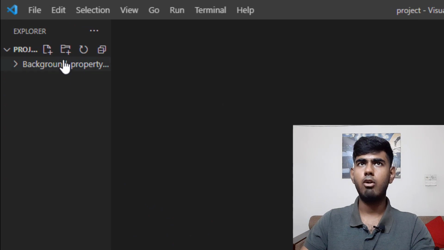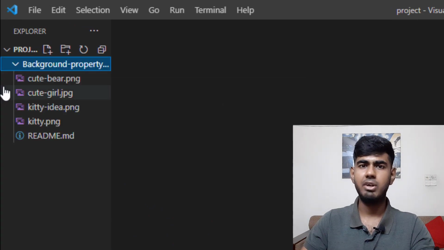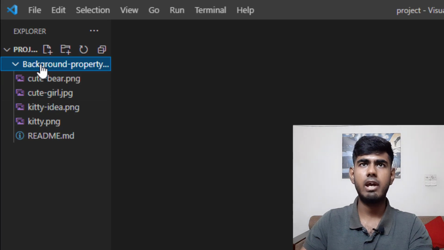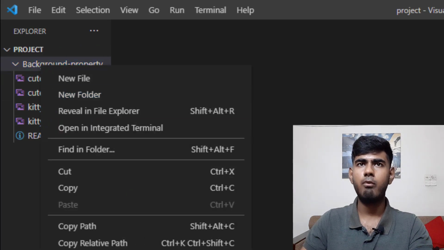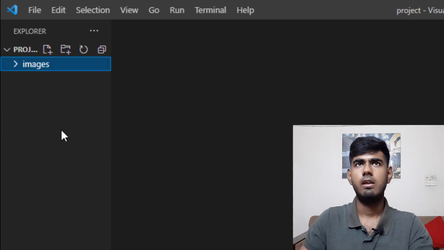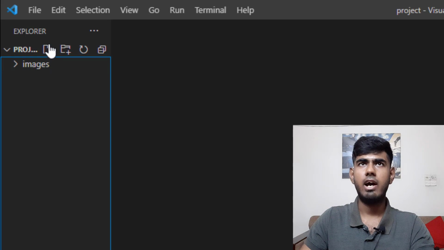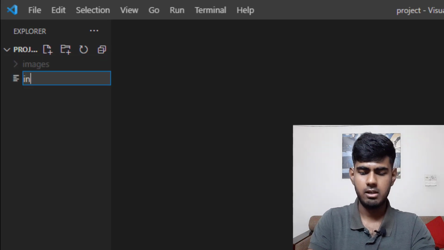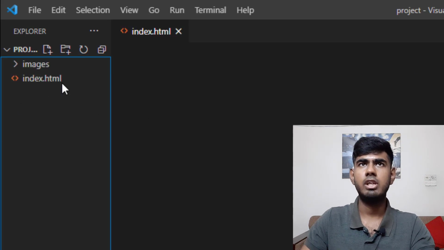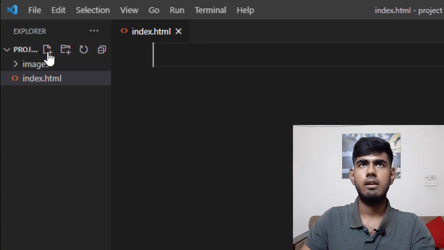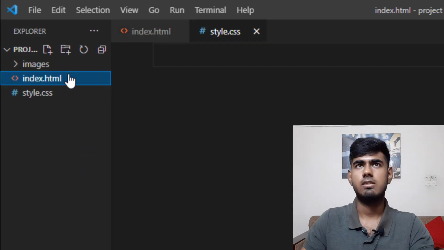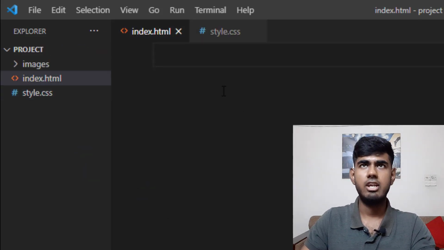Make it full screen, and over here we're going to rename it because it is a very long name. Okay, if you hit F2, you can rename it, or you can right click and click this rename option over here. You write images. Okay, and now create a new file named index.html like this, and we also need a style.css. Click new, style.css. Alright, now inside the index.html,